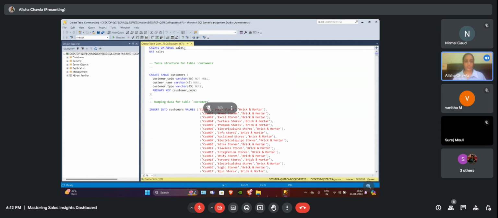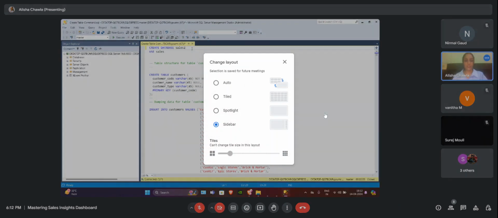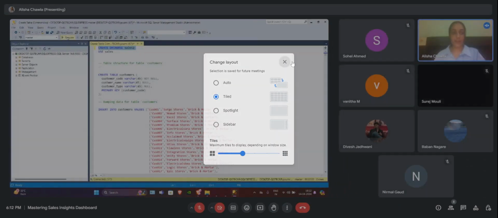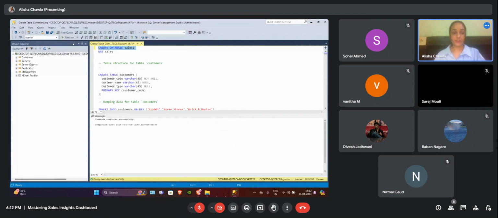I can change the name like sales2 because I have already created a sales database here, and we will select it and run it. Let's refresh this. We have created a database in which we will store multiple tables. Here it is, sales2.